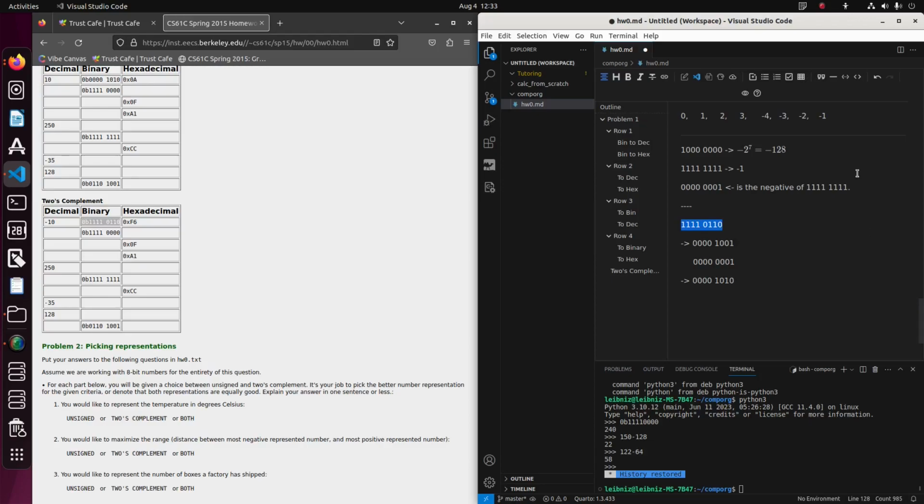And you could go ahead, take that number plus this number, and when you add them together, you should find that indeed, after doing all the carries and throwing away that last leftmost carry, the whole thing turns into zero. So indeed, this is the negative of the number. And then the question is, well, what is